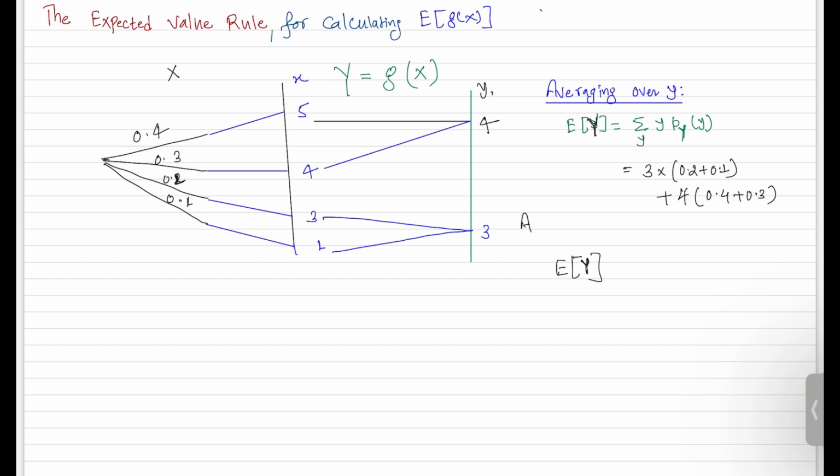Let's call this the alternative way, and it is the same, and you will see that. Let's first find out. If you look at here, x is taking the value 1, 10% of the time, right? And when x is 1, y is 3, with the probability 10%, that is 0.1. When x is taking the value 3 with the probability of 20% of the time, and when x is 3, y is 3.